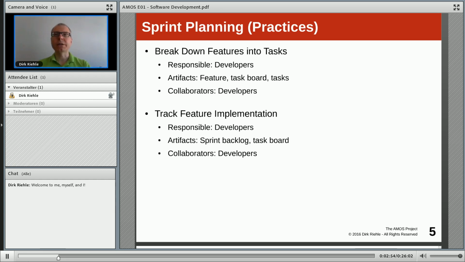And while you may think that's it, Scrum at least offers you one additional level of refinement, which is that the software developers now go about planning their sprint by breaking down any business value focused user story, feature into tasks. This is now a technical management issue.